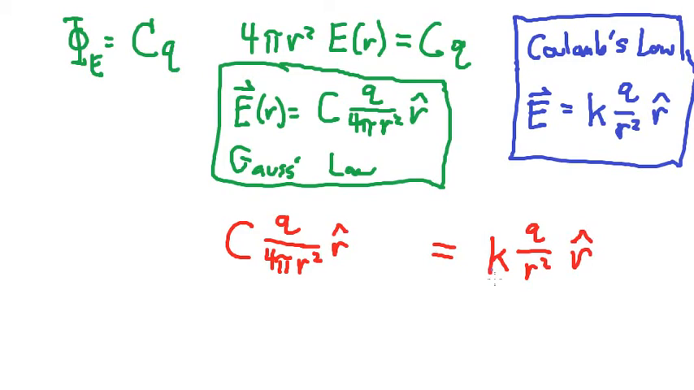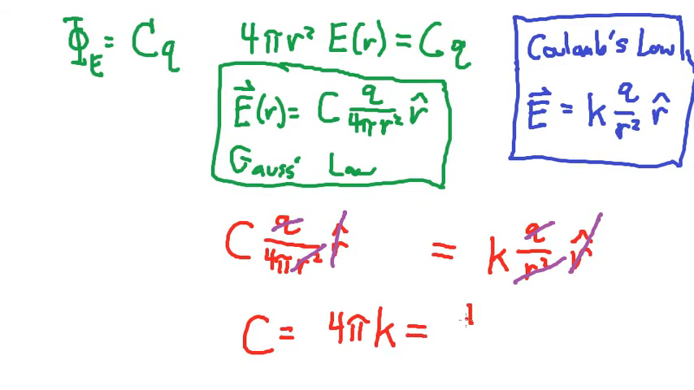Coulomb's law says the electric field around a point charge is kq over r squared times r hat. Now, we know from Gauss's law what our electric field magnitude around this point charge is. If we want to make it a vector version, we just put the r hat on it, because previously we said the electric field has just this radial magnitude